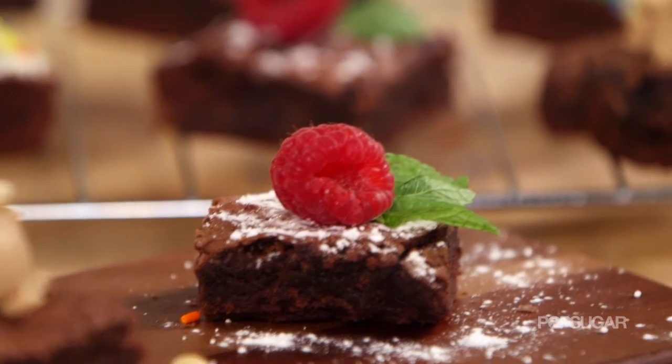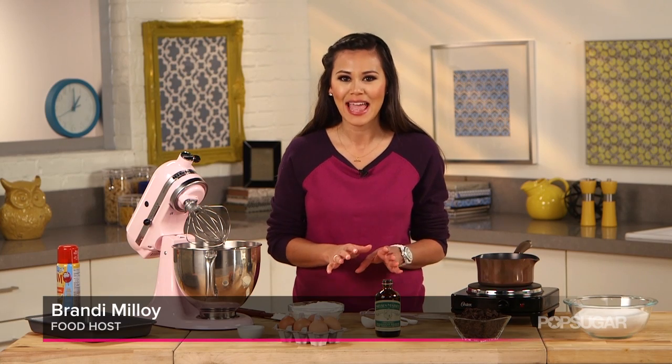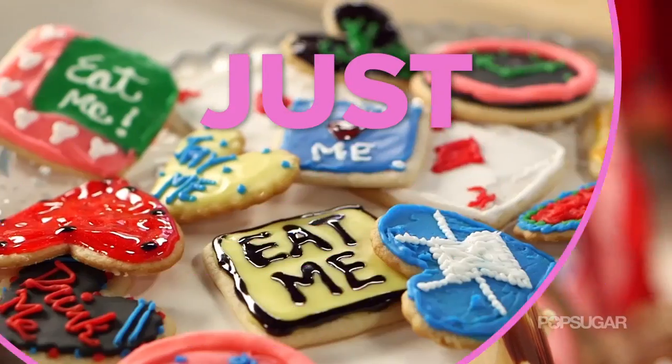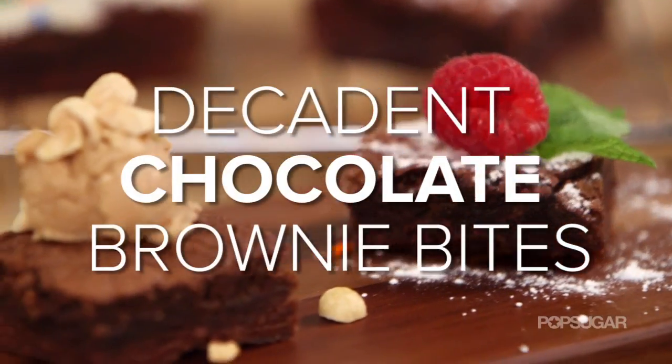Brownies, these rich chocolate bites of heaven, are a classic dessert, one that every chocoholic loves, and our recipe is melt in your mouth perfection. On Just Add Sugar, we're bringing you some of our favorite sugary recipes that are sure to tempt and delight